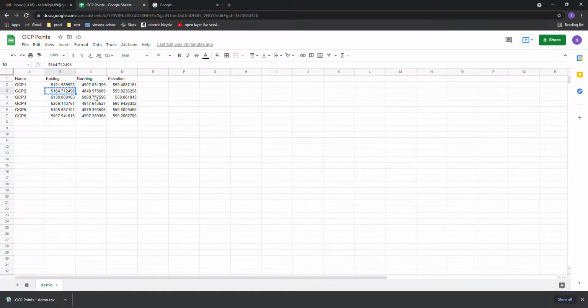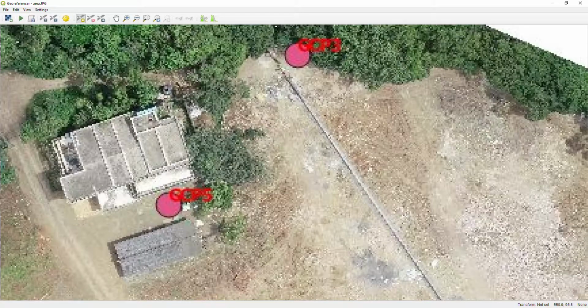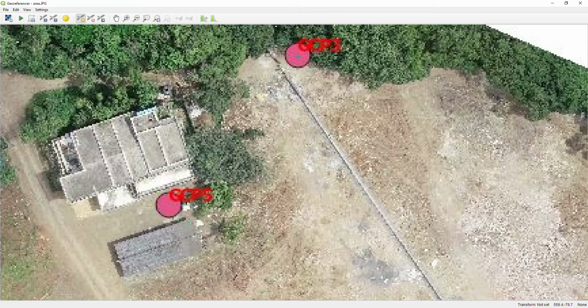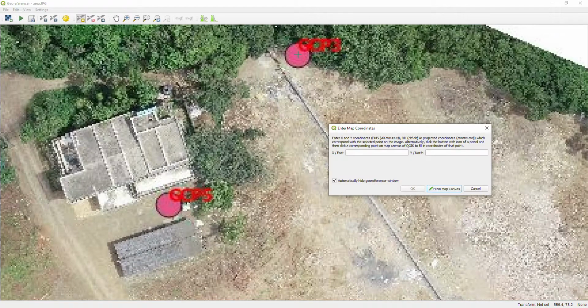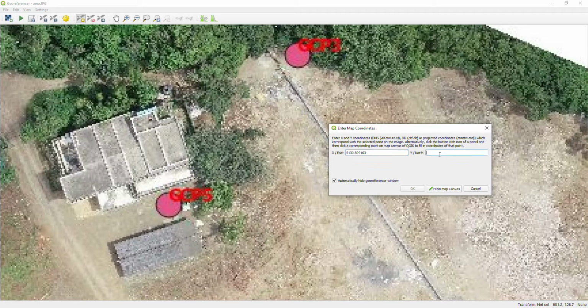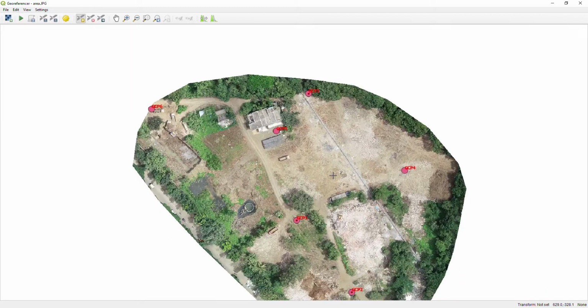Do the same process for control point 2 also. Control point 3. Yes, I have done 3 points.